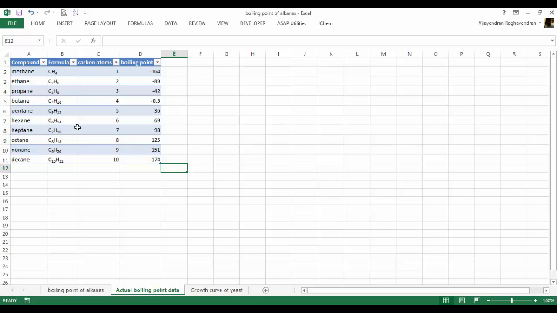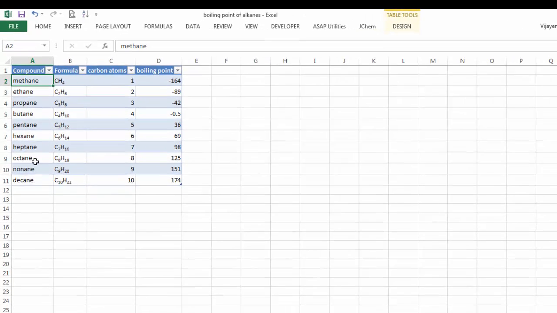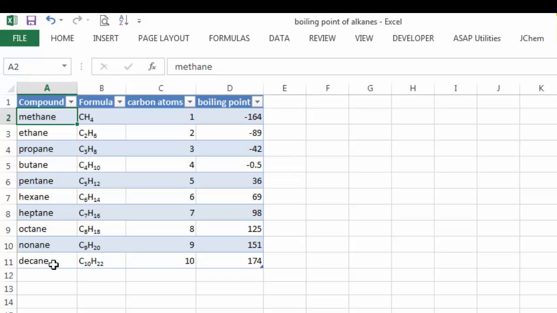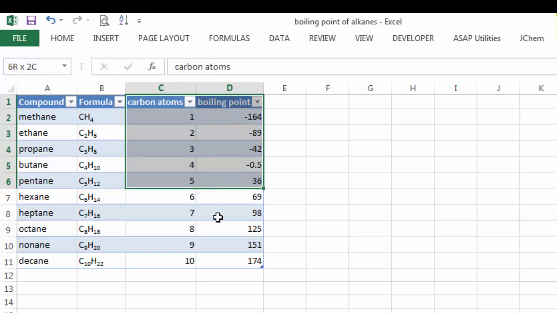point of alkanes. So I've got the boiling point of the first 10 alkanes, which can be obtained from any index or a textbook. So I've got the number of carbon atoms and the boiling point in degrees Celsius. So what I can do is I can select the data, go to Insert,